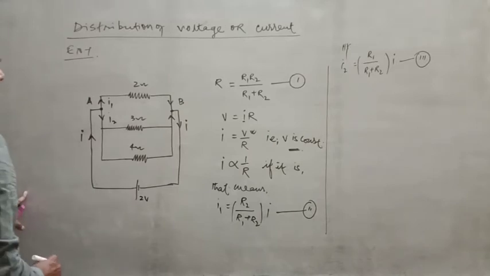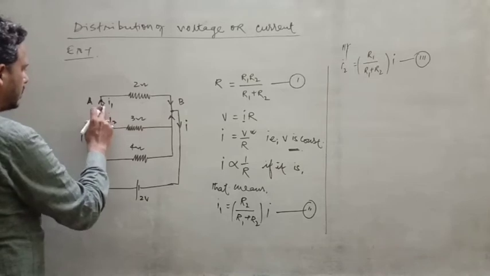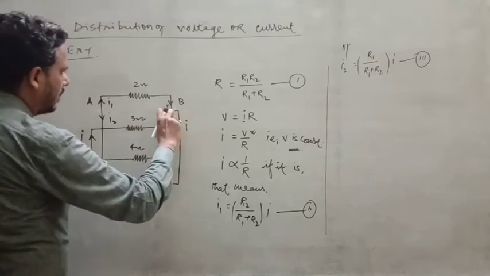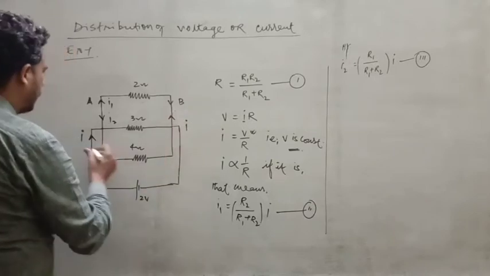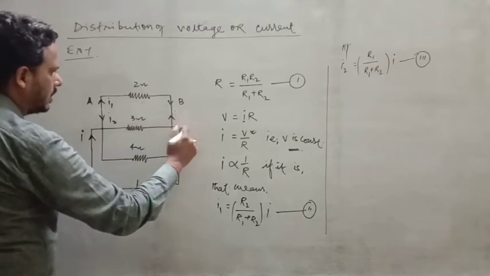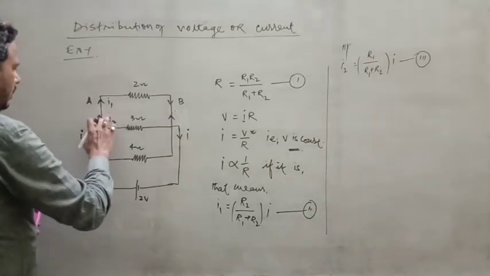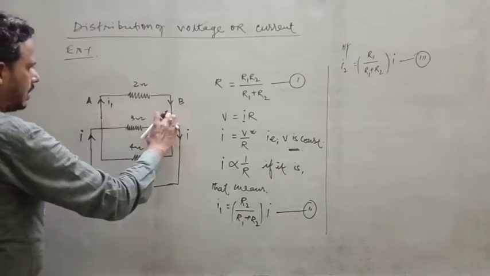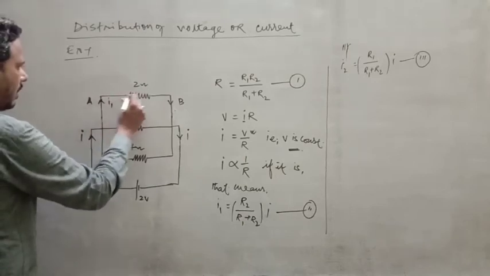Now here you have to see how the current is going to be distributed. It will be distributed in the same way, because a current I flows and finally you will get the current I again. Then how it will distribute here, you just see. You can see that this I is distributed over A and B.